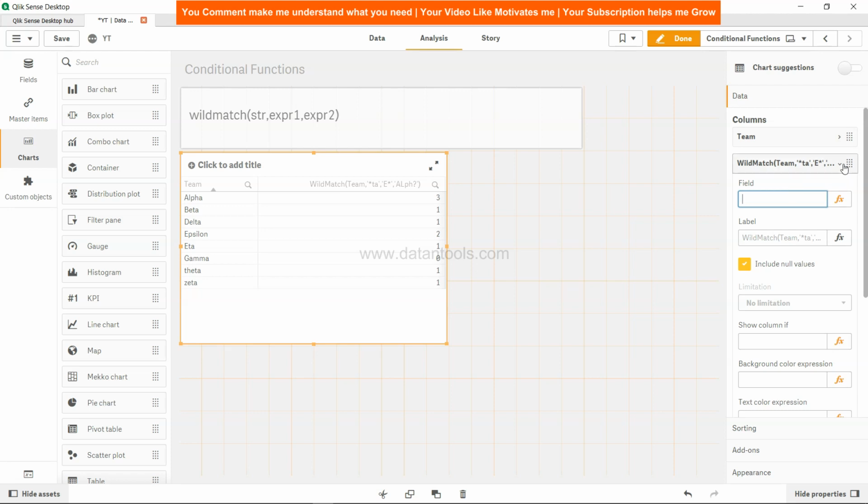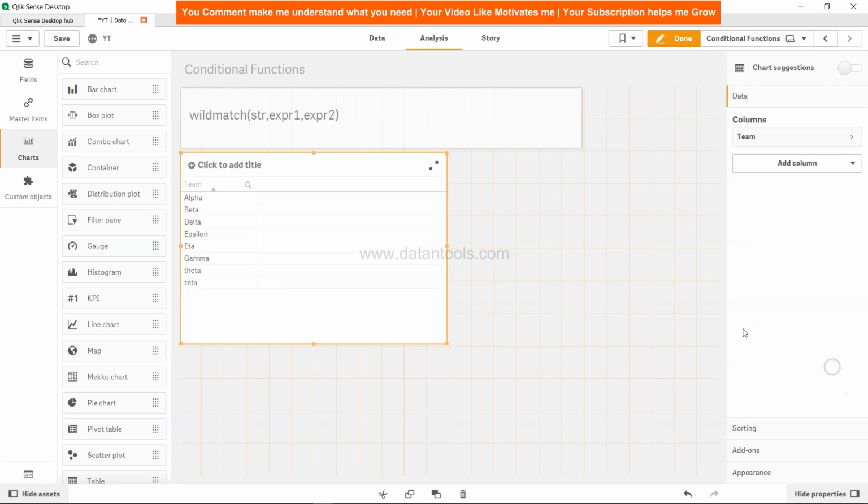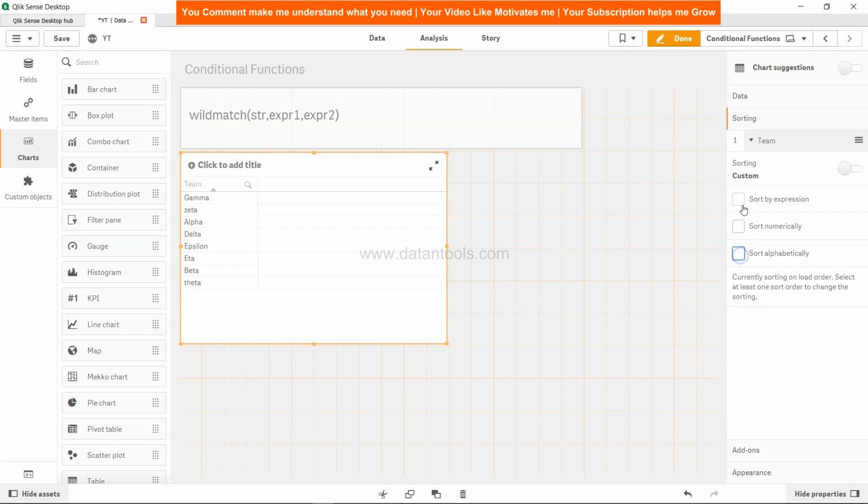Control X, and I'll just remove this. In the sorting, for this team sorting, I wanted to apply it here in the sort expression. Control V, and since gamma I have not taken, zeta, delta, eta, beta is coming first, even theta, because